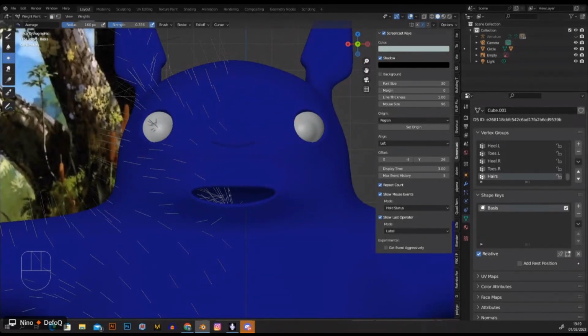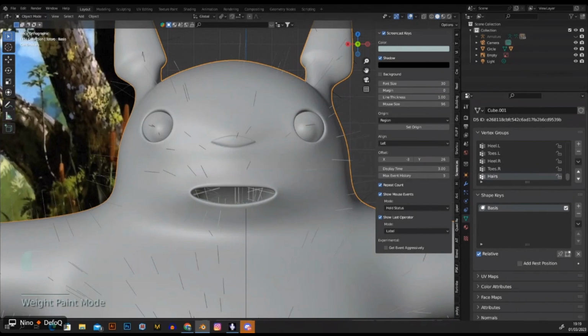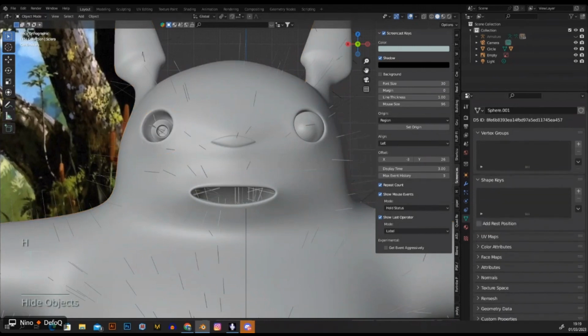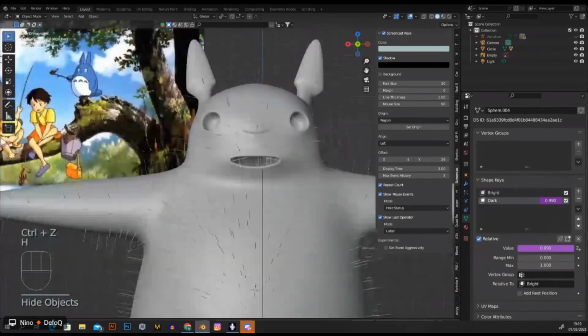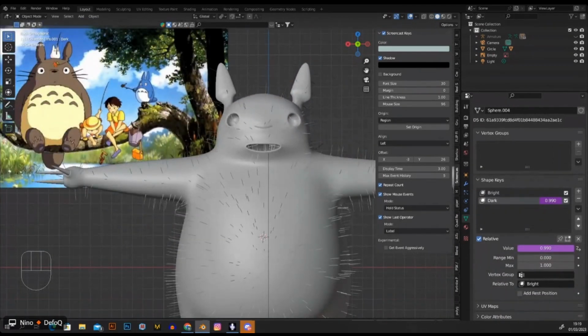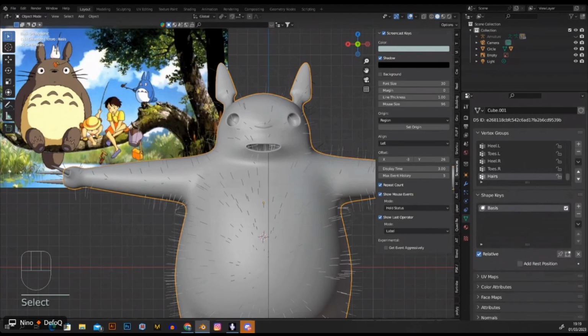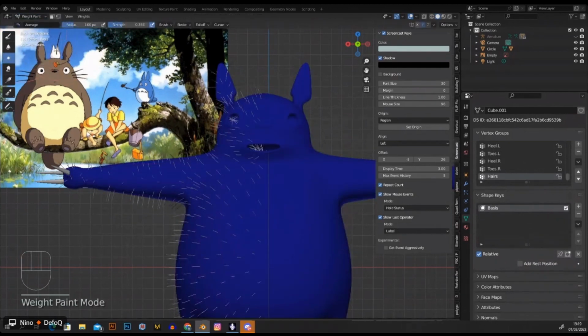All right, so first things first, I'm gonna go to object mode. I'm gonna hide my eyeballs and my iris, just so we see, oh, that's the wrong one, the iris. There we go, hide that, and that just means that we have a little bit more area to work with. All right, so I'm gonna go to Totoro, weight paint, brush, set the weight to 1, and let's just paint